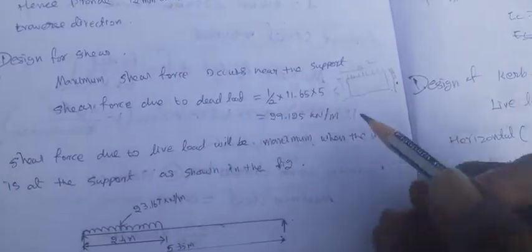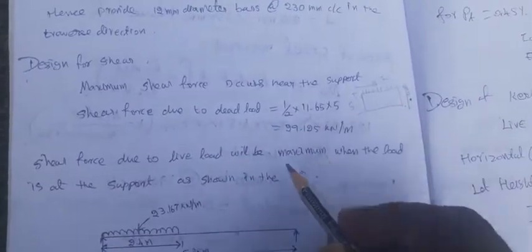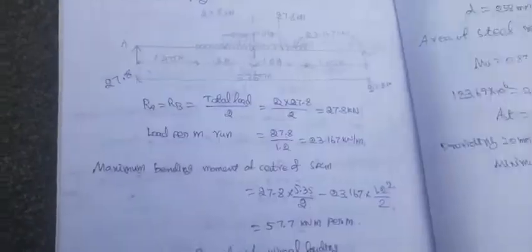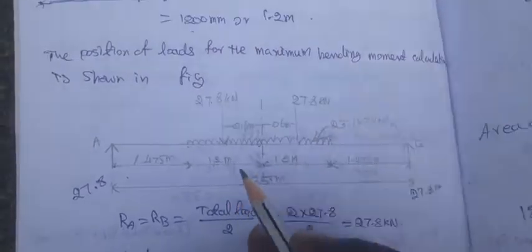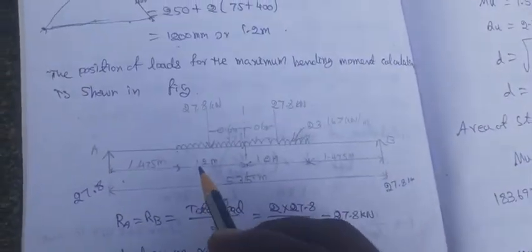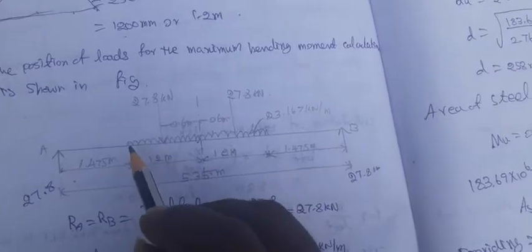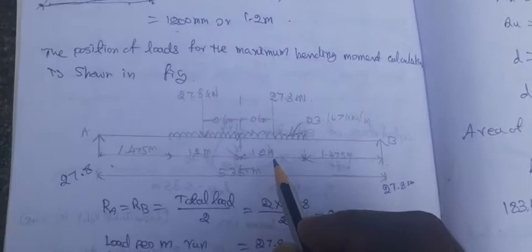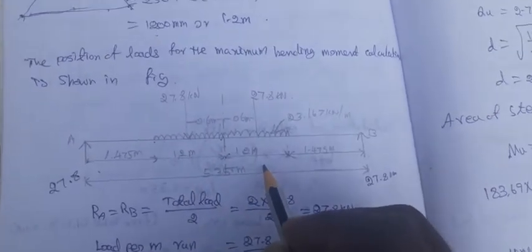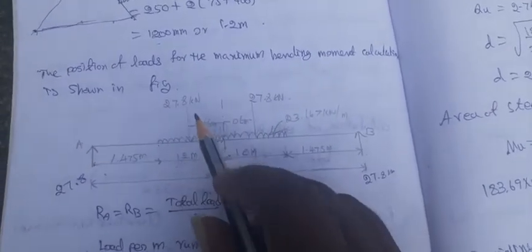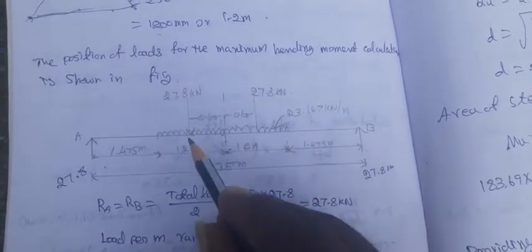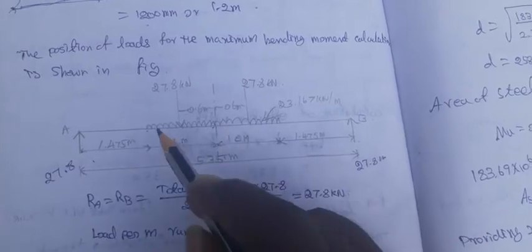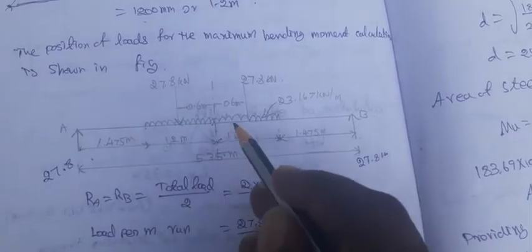So the first step is the calculation for dead loads, then the next step is the calculation for live loads. So we know the loading calculations. This is the live load calculation. We know that the length of the overall load is 1.2 meter on the left side and 1.2 meter on the right side, so 2.4 meter. And we are considering a point load as a uniformly distributed load because of its overlap in two directions. So we are considering it as a uniformly distributed load like this.